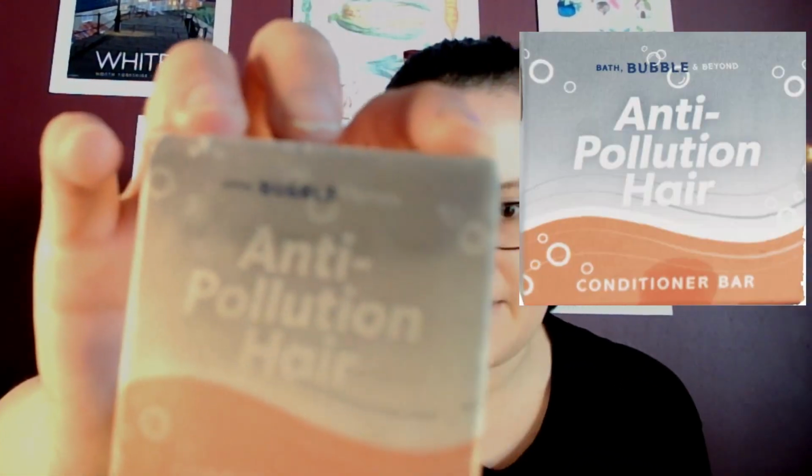I tend to use hair oil or a conditioner from Lush, where I can just take the packaging back to the shop, but I don't use conditioner every time I wash my hair anyway now. I did buy a conditioner bar on one of my holidays in Whitby, and the lighting here is terrible at the moment, I'm sorry. This is the Bath Bubble and Beyond Anti-Pollution Hair Conditioner Bar. I have used it I think once or twice. It's just a little round bar. The reason that I bought this is when I was on holiday in Whitby, where I got this picture from,